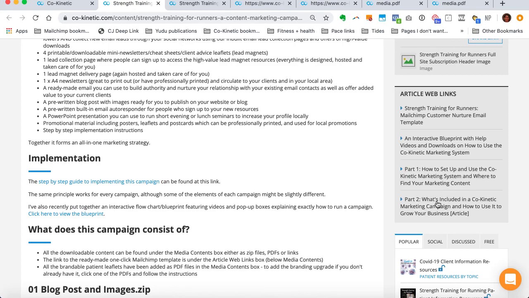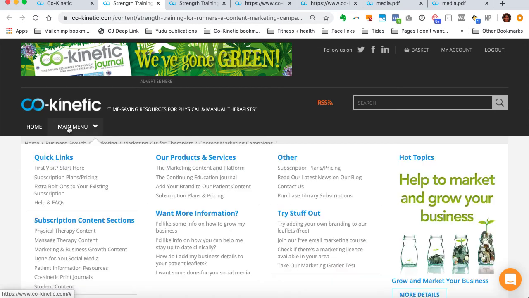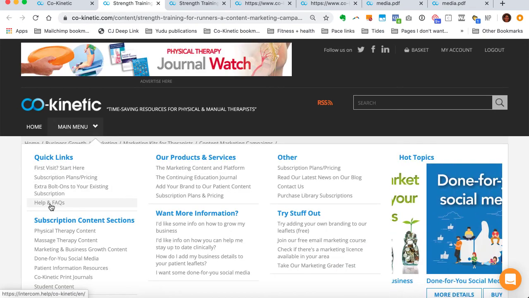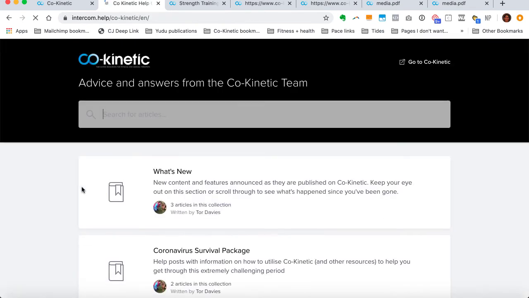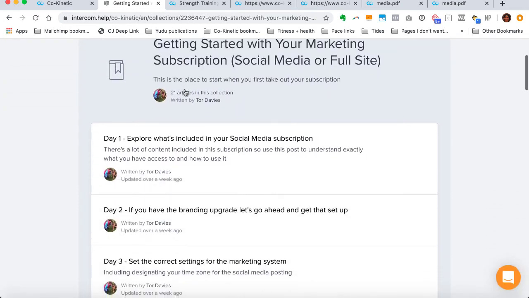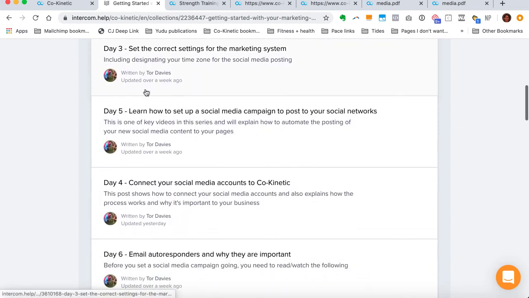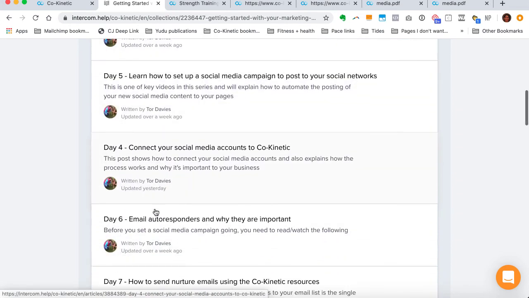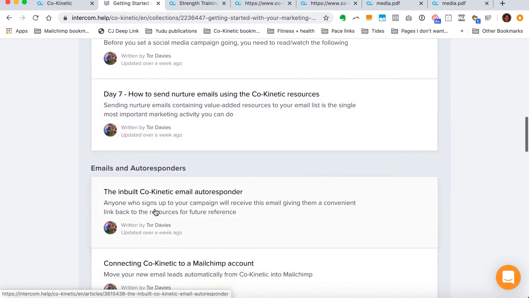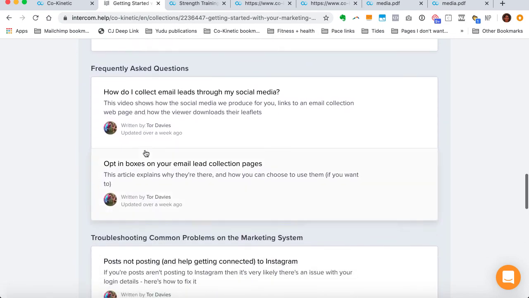And then there's a couple of other articles here. Really, I would encourage you mainly to go to the help section, which you can find under help and FAQs. If we pop under there very quickly, you will have a section called Getting Started with Your Marketing Subscription. I would recommend that you go here really above everything else, because I've redone this recently and you have got it literally broken down day by day. Everything that you need to do, plus anything about email autoresponders and all those kind of things,